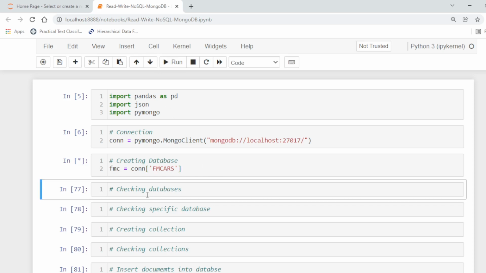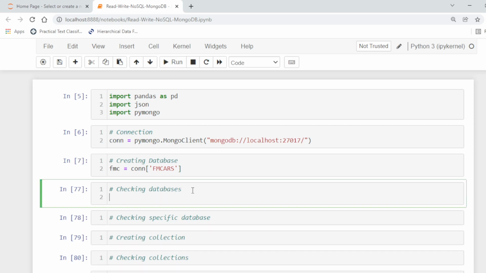So now fmcars is created. You can check the available databases in MongoDB, how many databases are present.